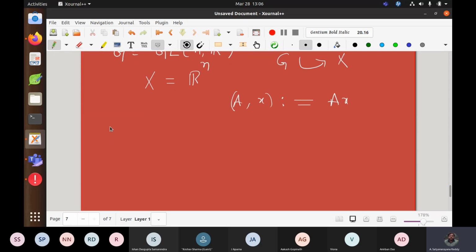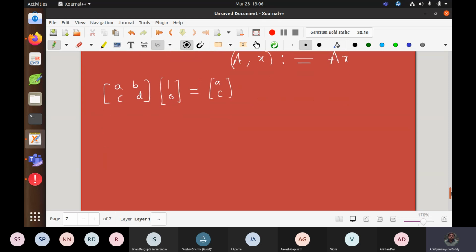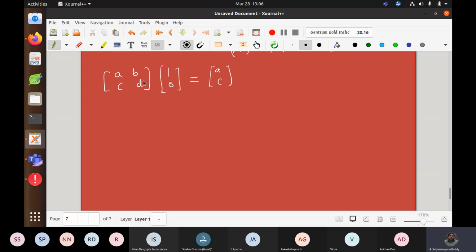For convenience, first I will start with a 2 by 2 matrix, like (a, b; c, d). Before going further, what is the answer for this matrix times (1, 0)? First column. Yes, it is the first column. If you multiply by (1, 0), I'll get the first column. Beautiful. So the action is like this. In particular, ad minus bc is not equal to 0.